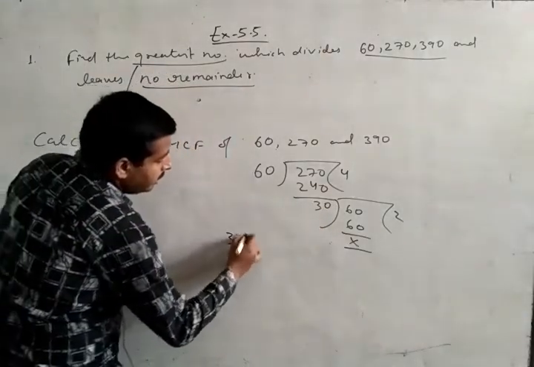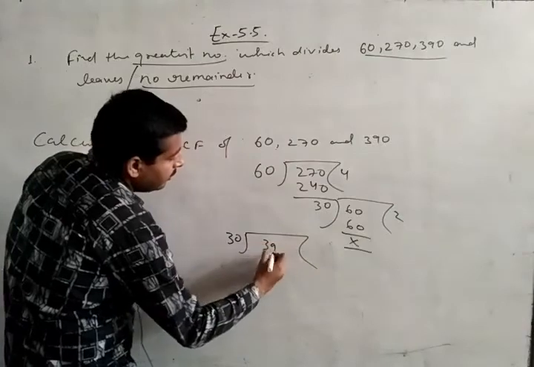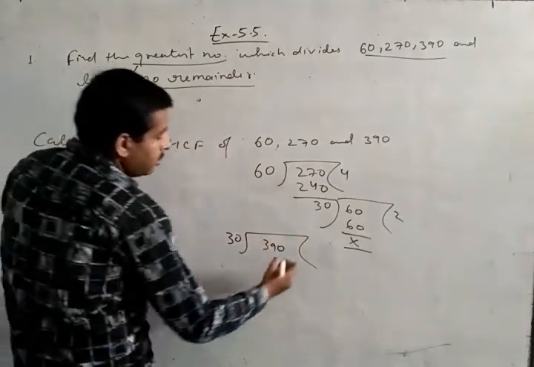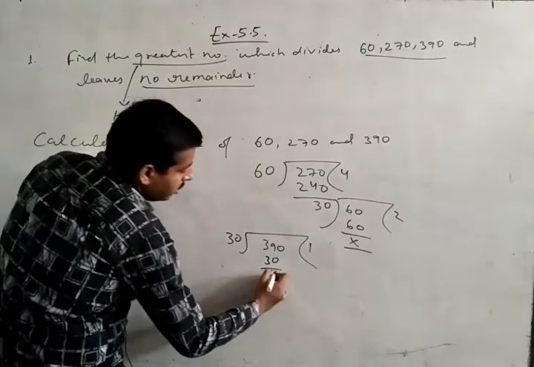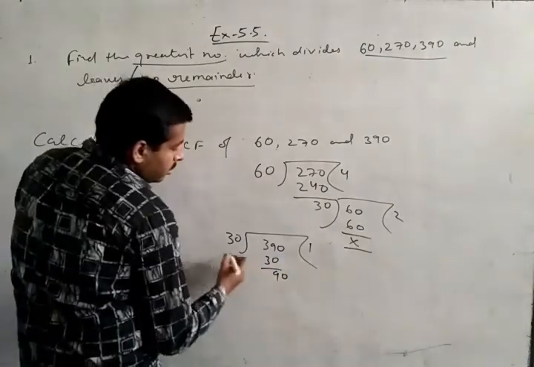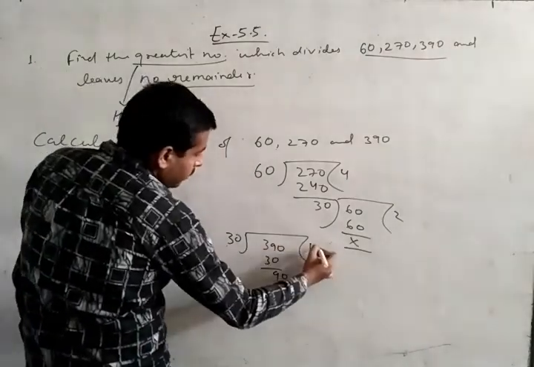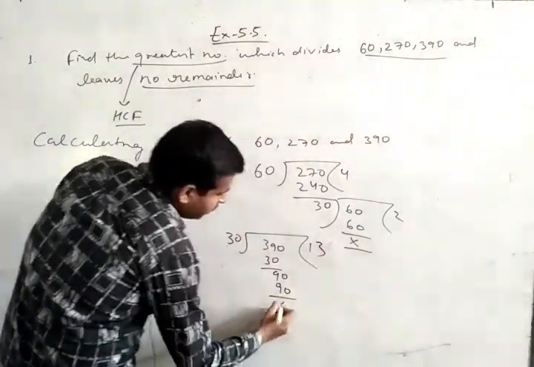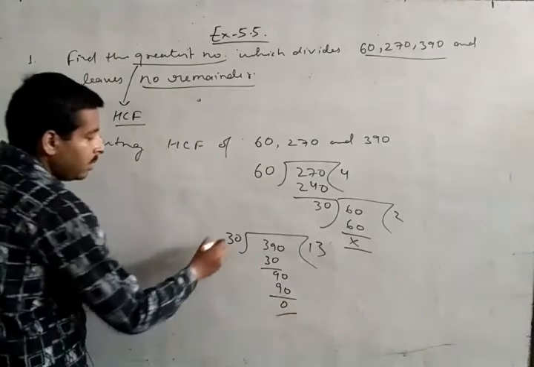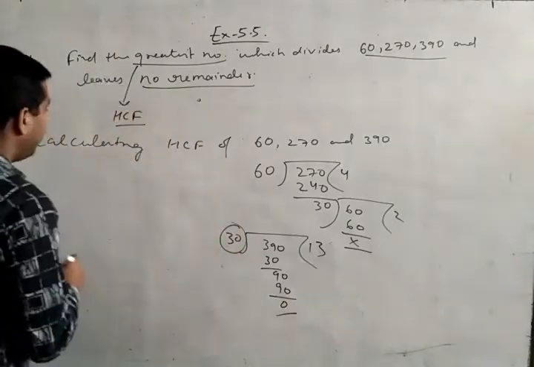Now dividing 390 by 30, we get 30 13s are 390, which gives you remainder 0. Means this 30 is the HCF